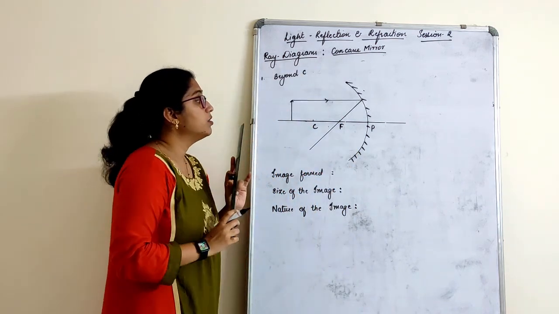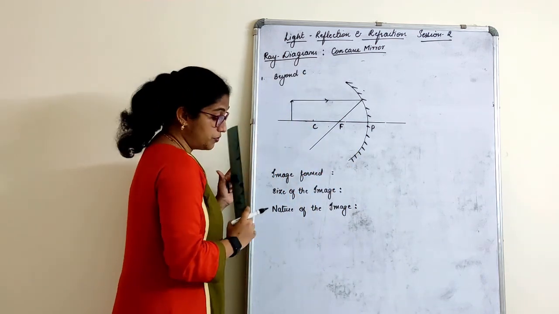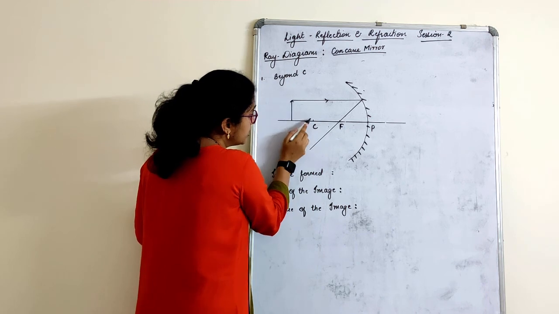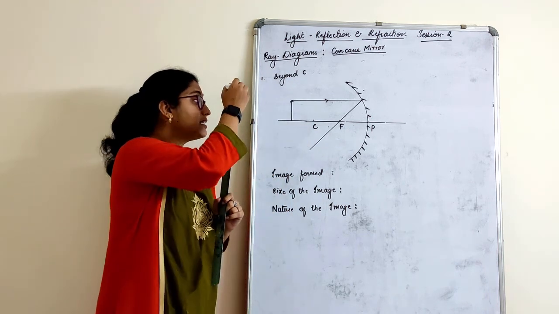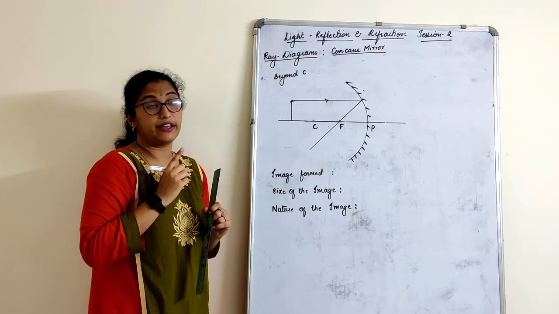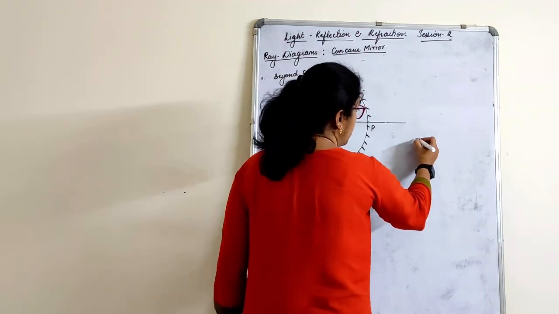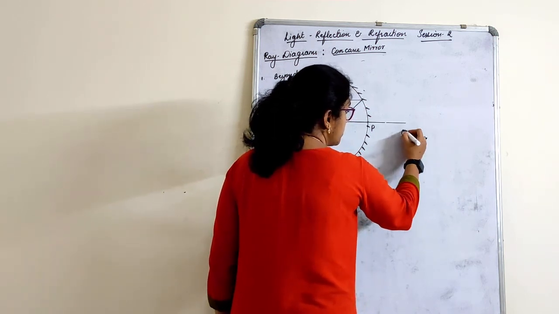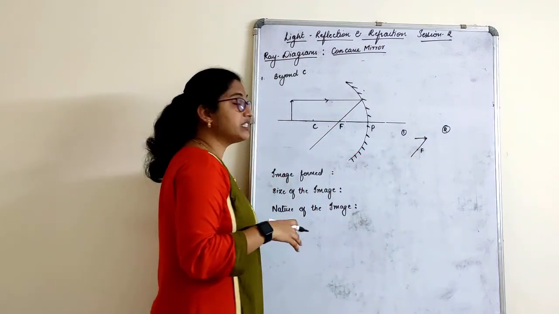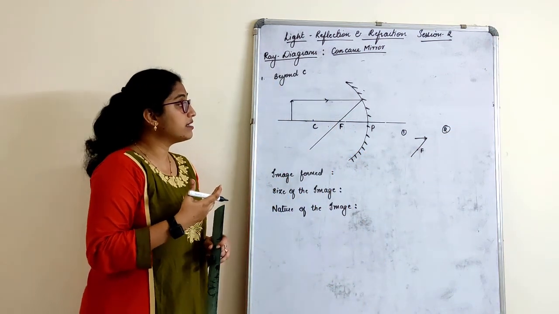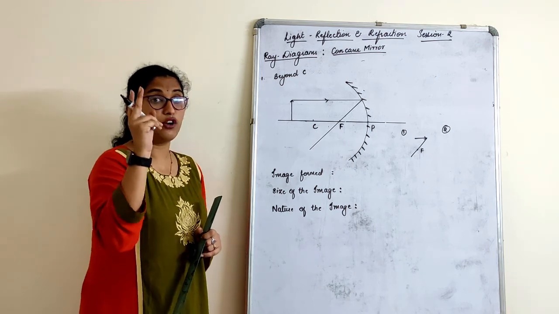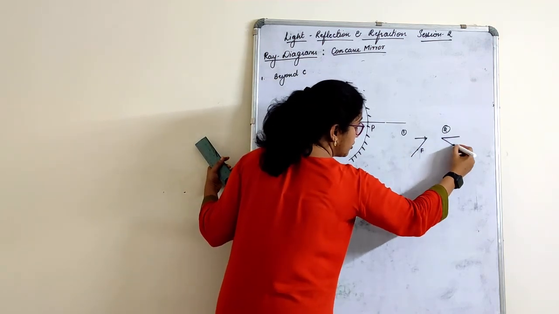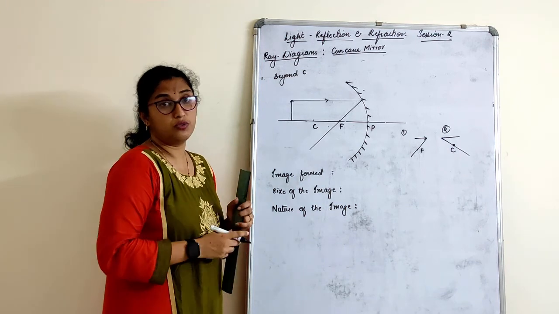Okay. Now, how will the other ray move? The other ray, what we can do here, is make the ray move through the curvature. What is the rule? If the ray is passing through the curvature, it goes back along the same path. See, two rules, children, here. Always try to follow them. The first ray is the parallel ray. If it is parallel, through the focus it will go. This is the first one. The second rule is the reversibility rule. The reversibility rule is sometimes followed, but usually we follow two rules for the ray diagram. The first rule is this, and the second rule is always for the curvature. Try to follow these two rules for the ray diagram.